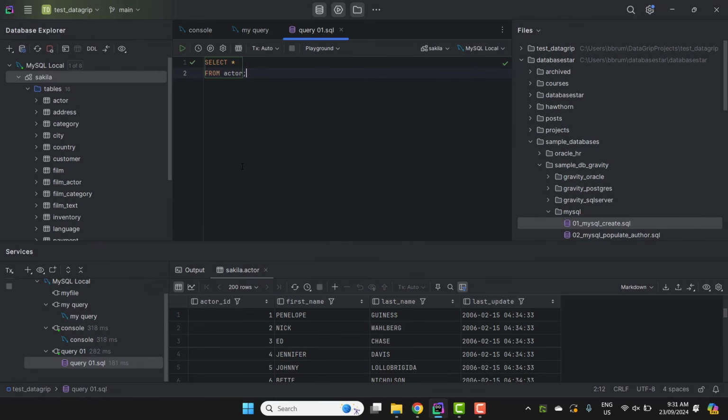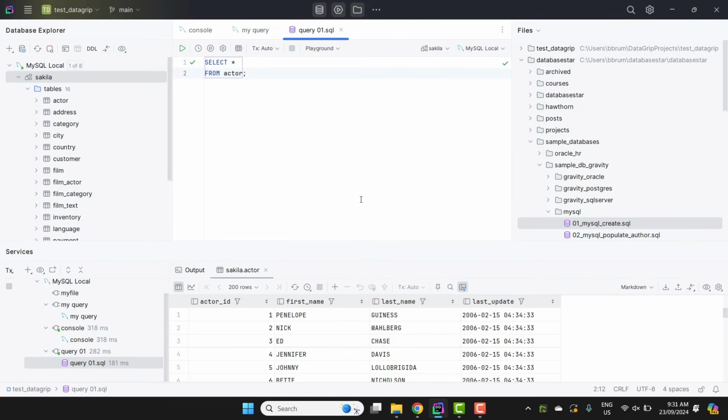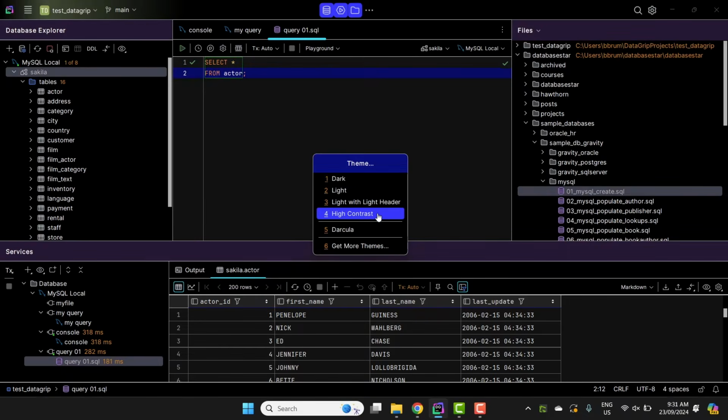By default, Data Grip shows in a dark theme and I think it works really well. If you want to change the theme, you can do so easily. Click on the cog icon on the top right, which has several items in it. Then select Theme. A window appears with the different themes available. You can click on one of the entries to change the theme or press the number that relates to the theme you want. The theme is now activated. To change it back, go back to the theme list and select a different theme.